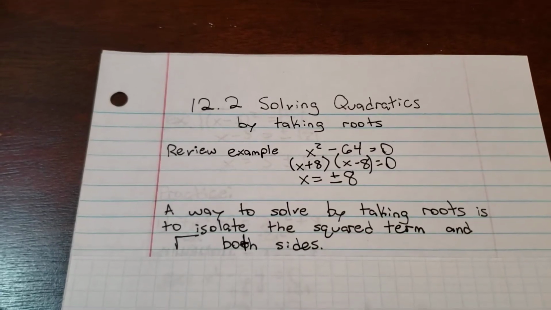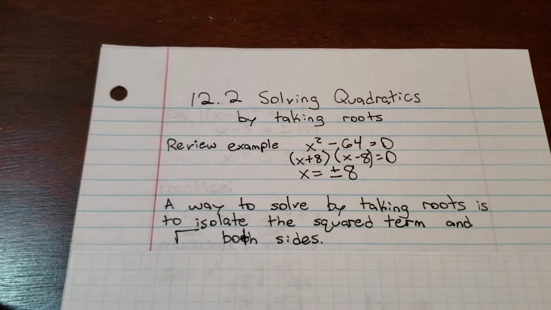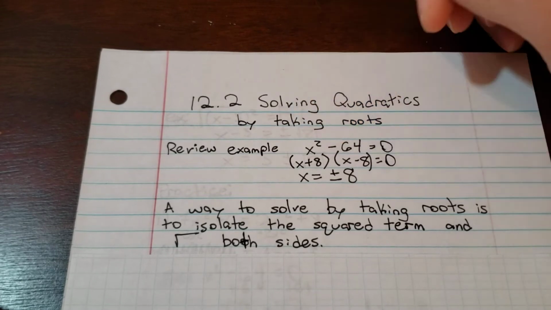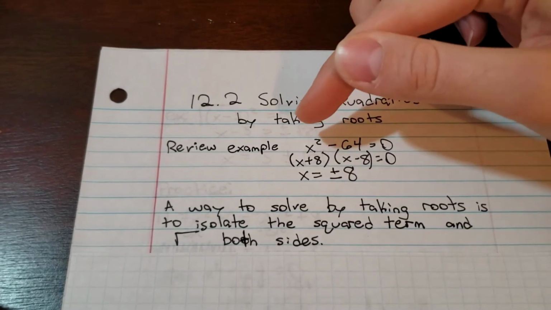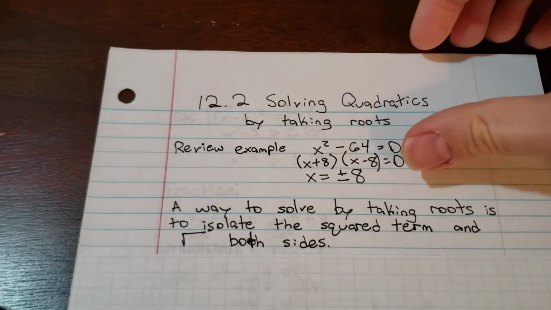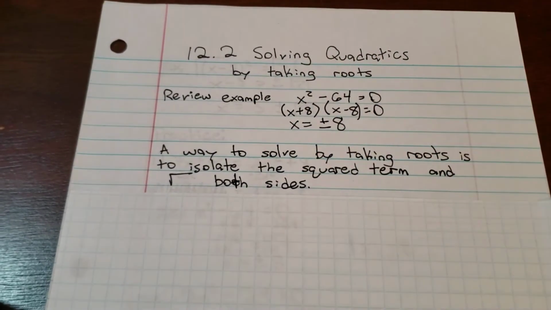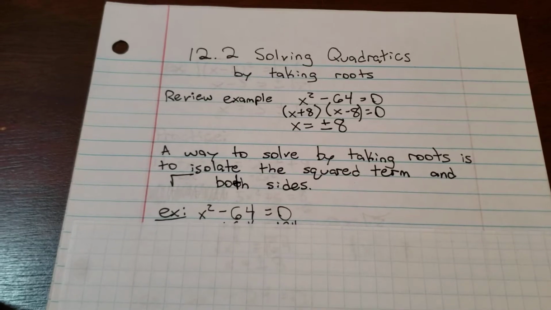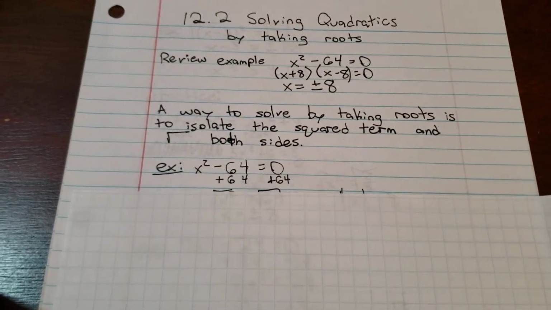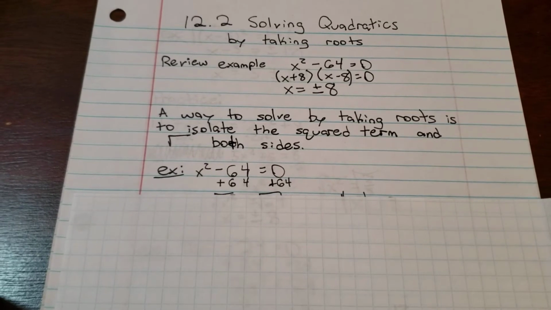Well, a way to solve by taking the root is to isolate the squared term, right? That's this x squared. Get that alone on one side of the equation, and then square root, of course, both sides of the equation. Here's what I mean. So with that same example, if we isolate that x squared, and then take the square root of both sides,